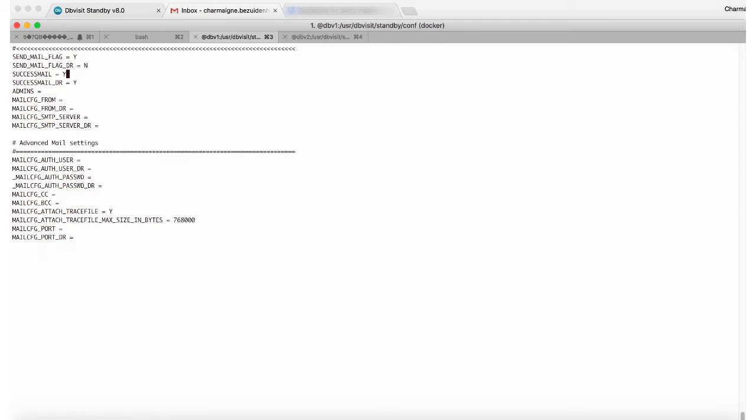By default, send success mail is set to yes. Admins, that will be email addresses of administrators. The from mail, CFG_from, will also be the email address you are using. Then we are going to look at the SMTP server. We're making use of Gmail, so